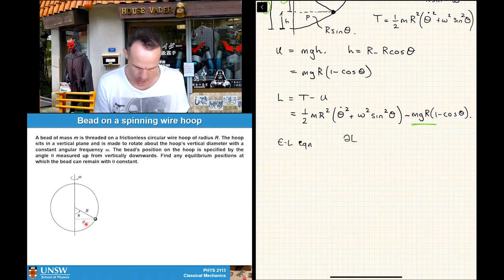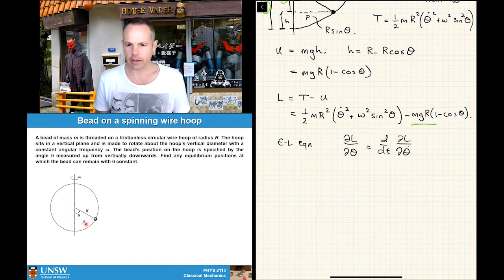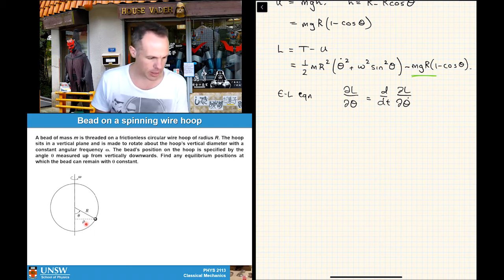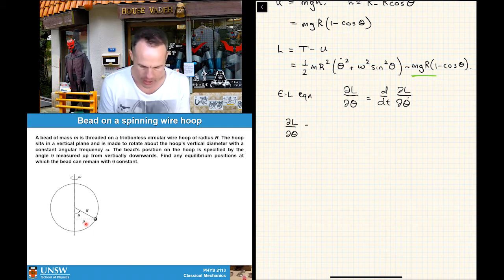So we've got dL/dθ equals d/dt of dL/dθ̇. And again, it's a few pen strokes just to make it clear that I know what I'm dealing with on the next step, so that if I make any mistakes down below, it's clear that I came from the right starting position. So I've got dL/dθ, and